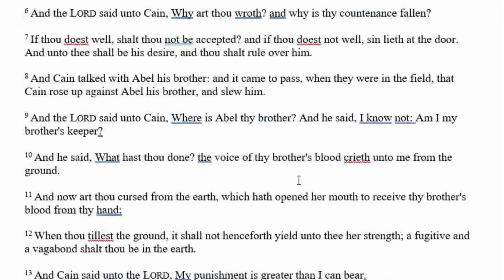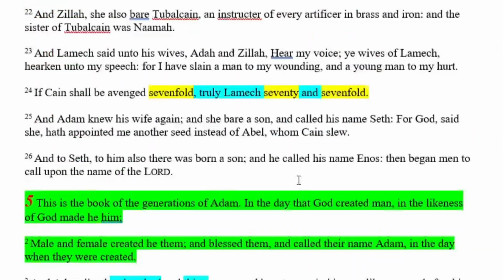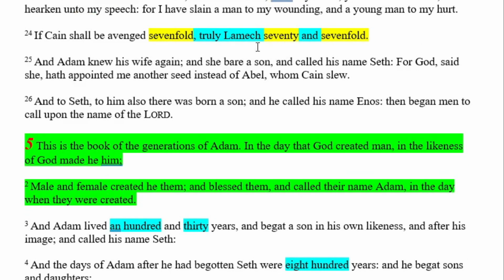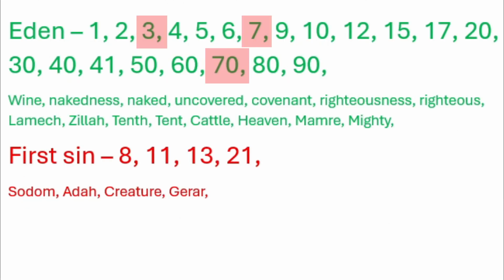And as we move along, we're going to see more numbers being gathered up like this. Do you see the 7-fold and the 7-fold right there? That's where the code is beginning. If Cain be avenged 7-fold, truly Lamech 70 and 7-fold. That's a weird thing. What does that even mean? It doesn't even seem like it fits the story. What it is, a 7 and a 7 surrounding a 70. It's teaching us how to gather numbers up. So we're going to grab that 3, that's 7, and that's 70,